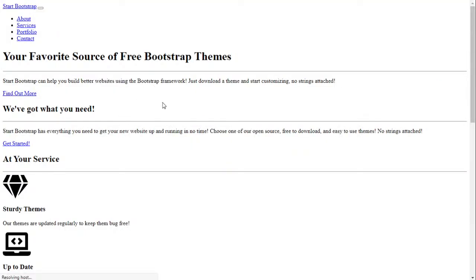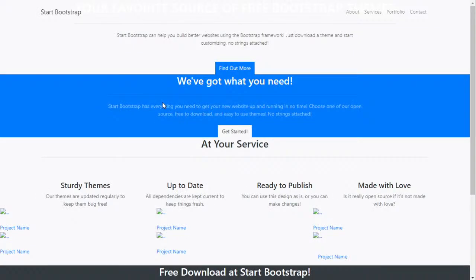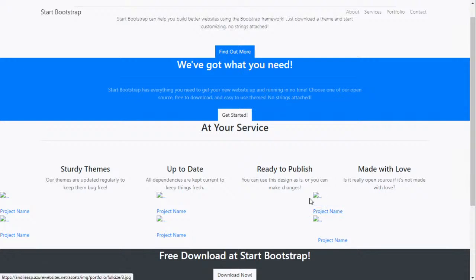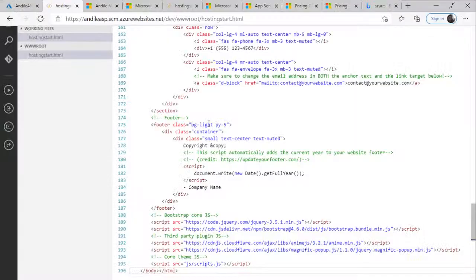So let's now try and refresh. Unfortunately, the CSS that I've gotten doesn't quite marry up, but it's kind of there somewhat. So you can see a little bit of what's happening. So not too bad. And over here, it looks like there should be a picture, another picture, another picture, another picture. I'm going to now need to go in and actually change all of these things.